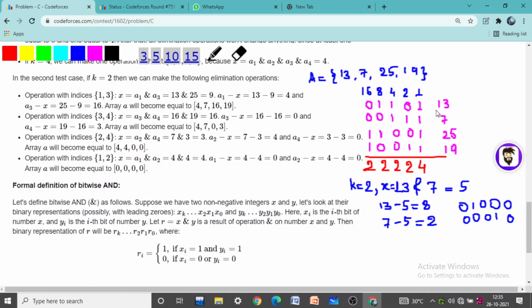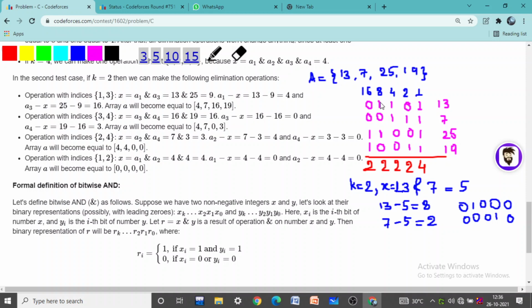Now see the pattern here. 13 was initially the element at the first index, 0 1 1 0 1, and after performing the operation, it is now 0 1 0 0 1. So basically those values which were 0 initially are still 0, but some set bits have become unset, that is, some bits whose value was 1 have now become 0.